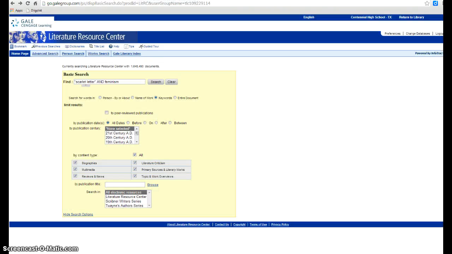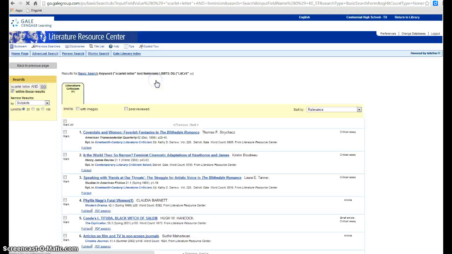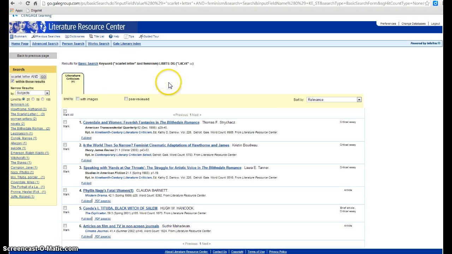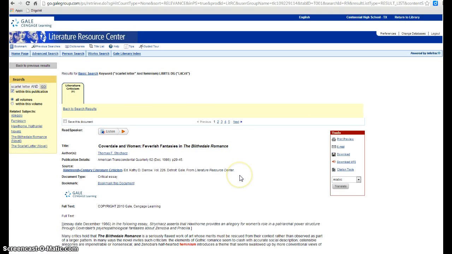So I'm going to go to Literature Resource Center, one of the Gale database options. And I can type in some of my search terms as I have here. Then I'm going to just choose literature criticism and I'm going to click search. So now I've found some literature criticism over my topic, and once I've looked through it and decided which one I would like to keep, or more than one, for example, let's say I want to keep this one,